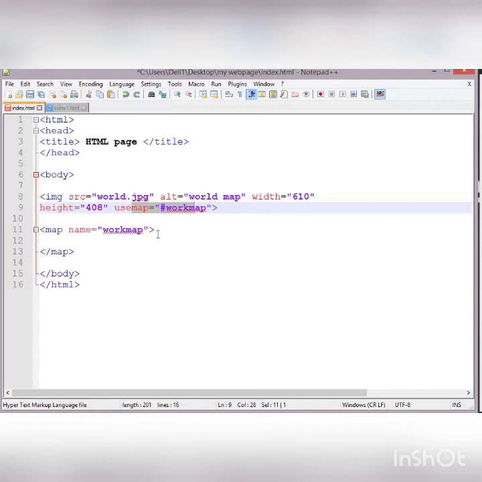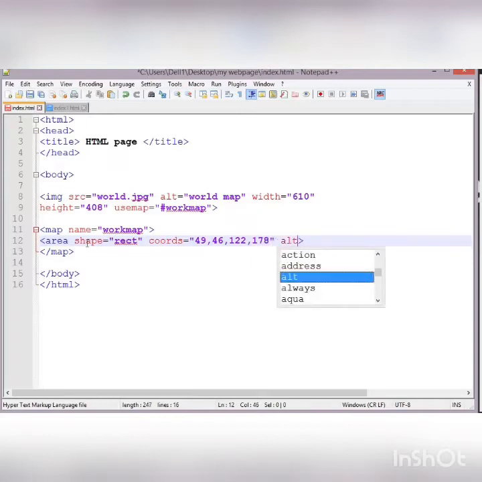Now we will create the workable areas in our map. First of all, we use the area tag. Area tag will have shape attribute that will determine the shape of the clickable areas. For example, rectangle, we will use rect for that. Then we will specify the coordinates. In this case, let it be 49, 46, 122 and 178. Then we will specify the alternate text for this also. Let it be South America,